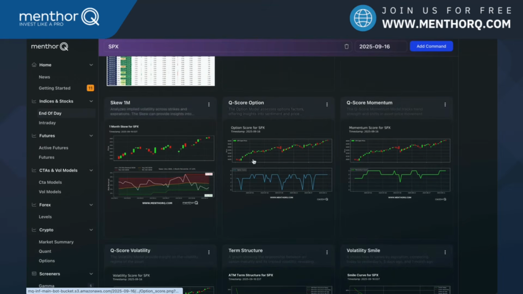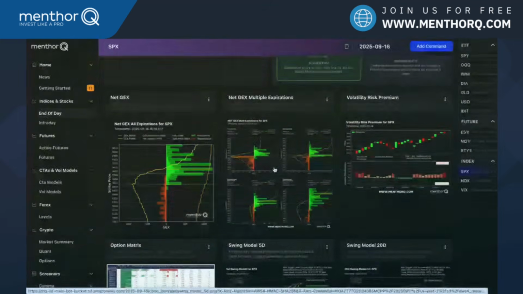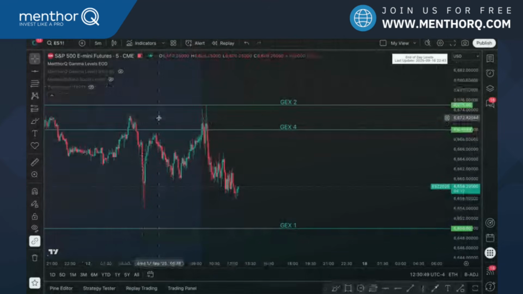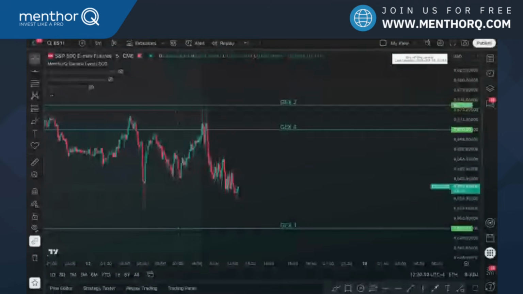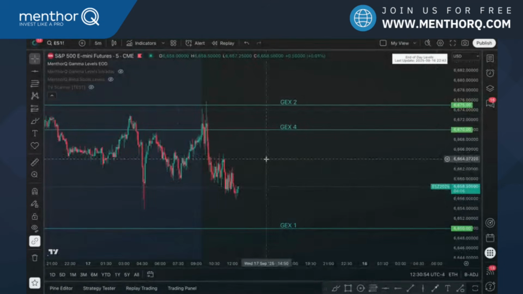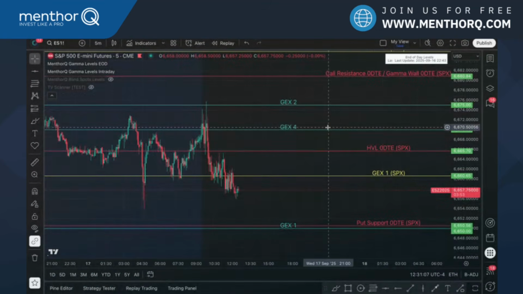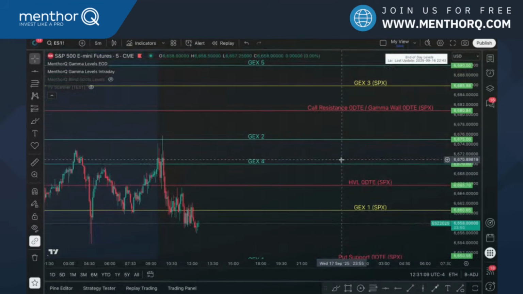Once you get your bias, once you get your ideas, whether it's I want to go long, I want to go short, or I want to trade with options, then we can go into our indicator. I'm going to show you a couple of new things that will be available very soon for trading futures. First of all, you have your end of day levels right here. We can look at different futures and different assets. You can also overlay that with your intraday levels, so you can convert intraday levels from SPX directly into ES or NQ, and then you can have your blind spots levels.